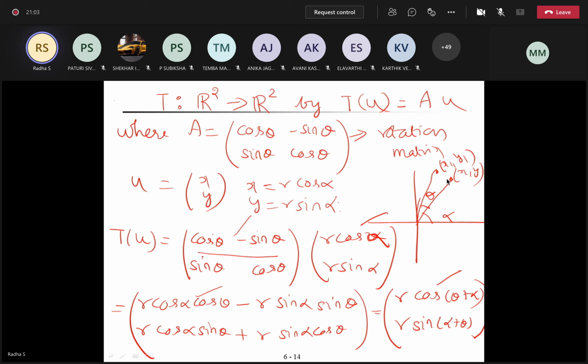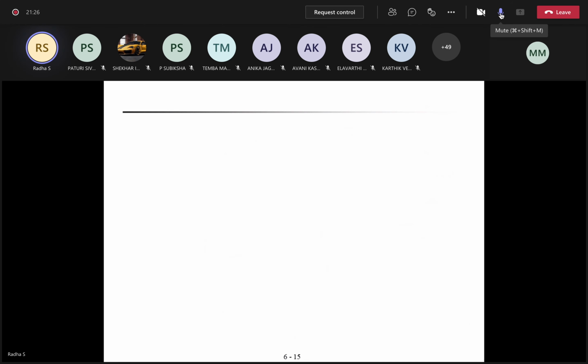Anything more specific you can say about this matrix? What is the determinant of this matrix A? 1. So consider column 1 and column 2 as two vectors. What is the dot product of those two vectors? Okay, I'll write, I think you are not able to understand. The first column is this one, right? The second column is this one. What is the dot product of these two vectors? For the dot product, you take the columns and multiply component-wise.